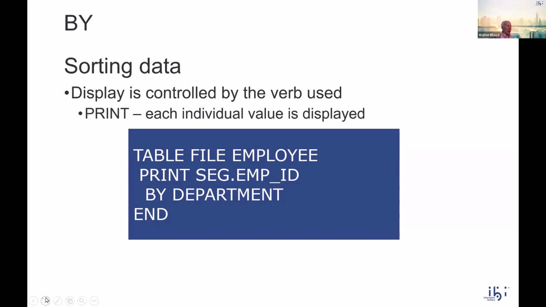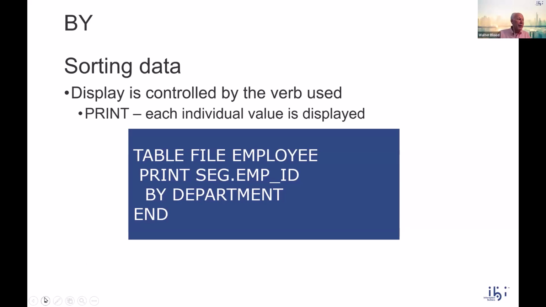If I use print star, I'm going to see every field, every value of every field displayed. You'll see in the request here, I have something called print seg dot. Seg dot basically is a prefix operator that allows me to specify a segment in the master file. So I don't have to specify every field in that segment. I can say seg dot and any field in that segment, and it will use all of the fields in that segment. So that's actually very useful. It simplifies things, especially when you're dealing with very large files. If you have relational tables that have thousands of fields, but they are segmented out,